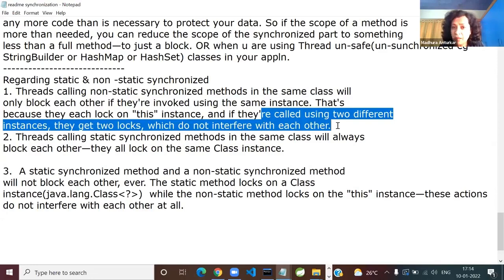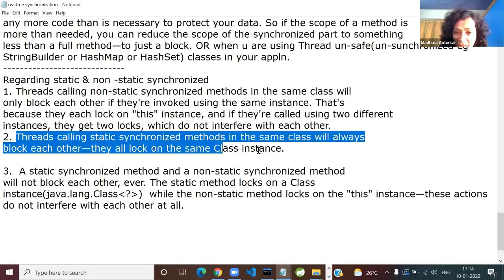So no problem, this you already know. But threads calling static synchronized methods in the same class will always block each other. You can spend some time on this, but now I want you to try JDBC. In your free time, I'll tell you how to check this statement.